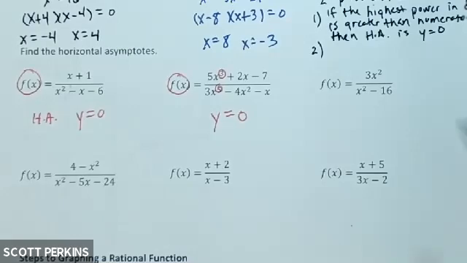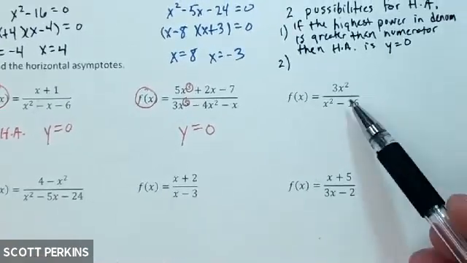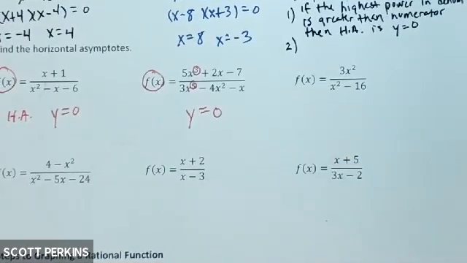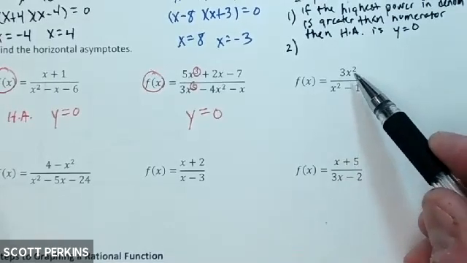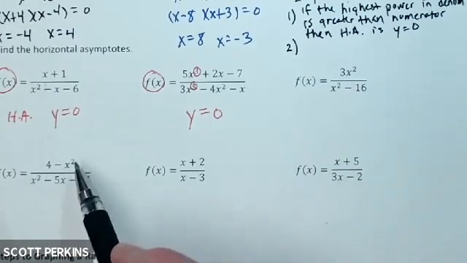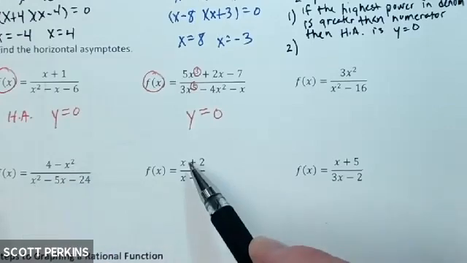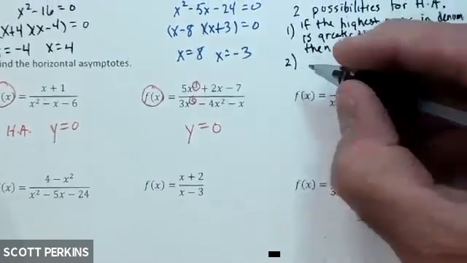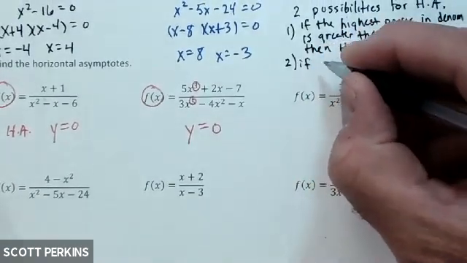Now, the other situation is the other 4. Notice what's true about the powers, the highest power in the numerator and denominator of the other 4 problems. They're equal. Yes, thank you very much. Okay, so please observe that. If anyone does not see why we can make that conclusion, please let me know. But the highest power in the numerator and denominator of the other 4 examples are equal. It's 2 in this problem. When I skip down here, it's 2 in this problem. In the last 2, it's 1 is the highest power in the numerator and denominator. So in that case, if the highest powers are equal,